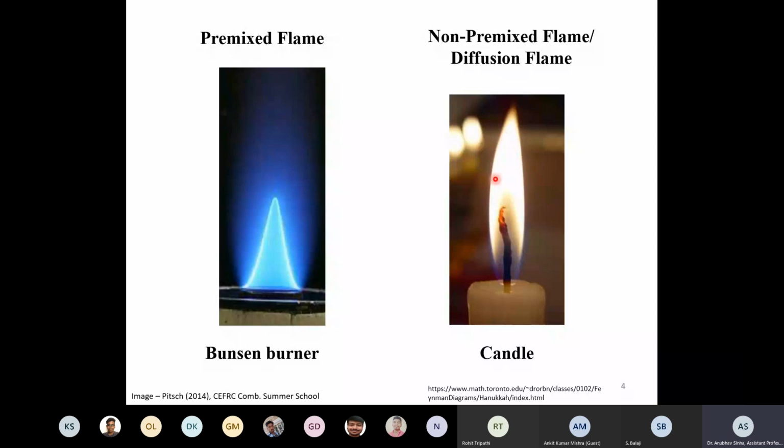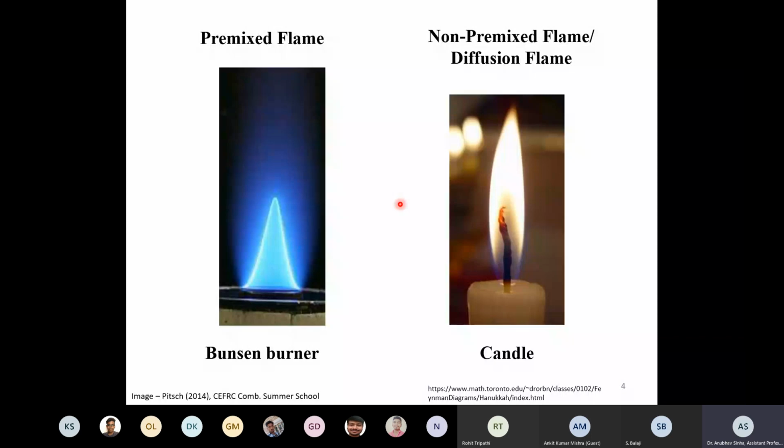yellow color. Okay, and generally in premixed flames we have very thoroughly mixed, we have oxygen everywhere mixed with fuel. So soot is generally avoided. But if you have a very rich premixed flame, then soot will be formed. Okay, so that is one general difference, which may not be always true. Okay, we'll look at cases where there is no soot formation in diffusion flame, but in general you can say